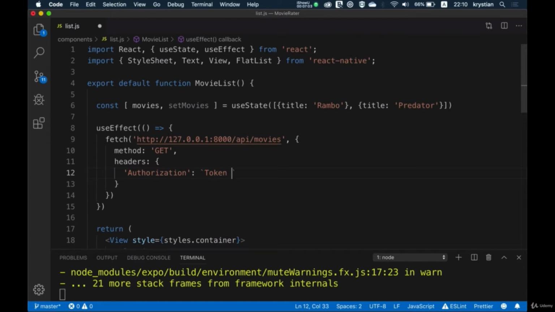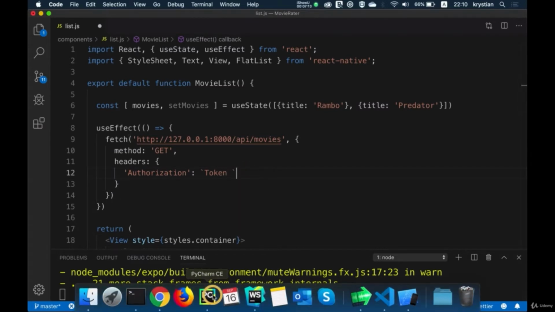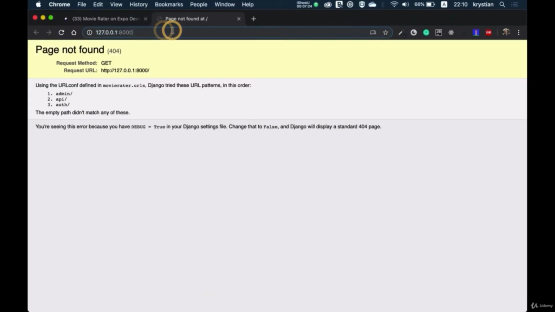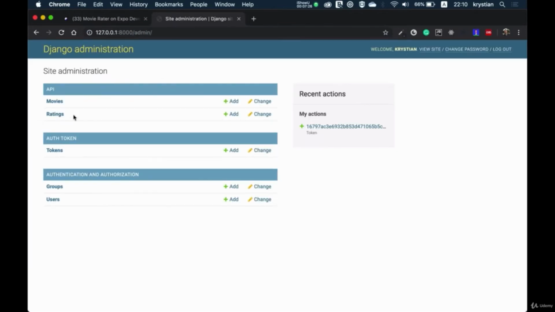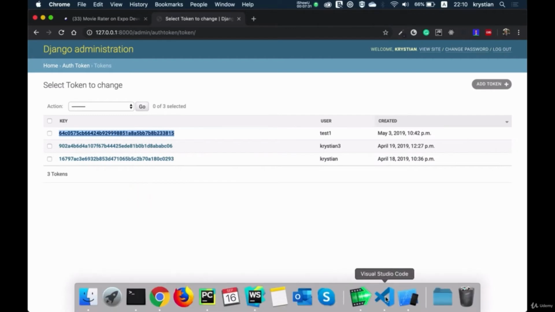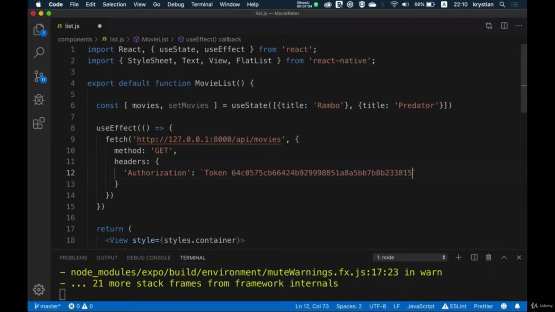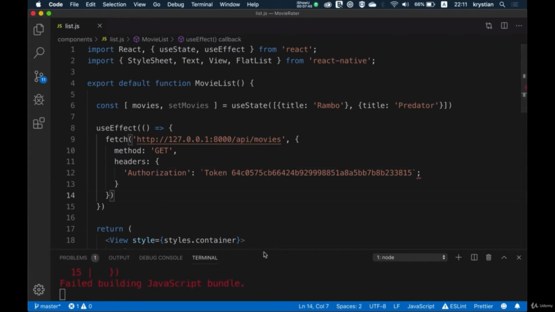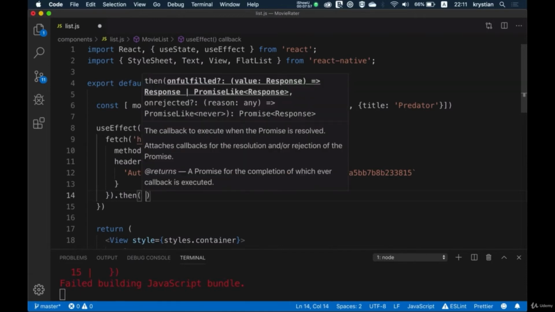So what I will need to do now, at the moment, I don't have a login yet, so I have no way to get that token. So what I can do is I can go here and open this in a browser, and then I can go admin to the tokens, and I will copy this token, and for now I will use a static token like this, and then I will replace it with something dynamic. So I have that. We have some errors because I save it, and it's supposed to be here, shouldn't be here. And then we can use then, and we'll have a response